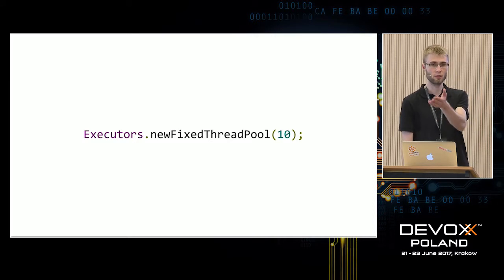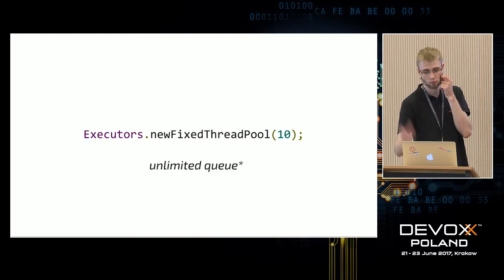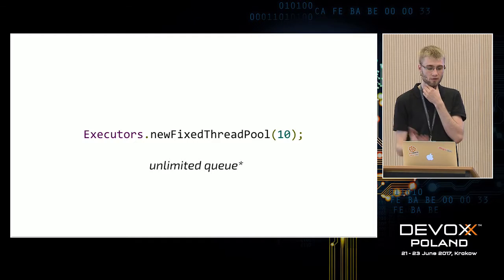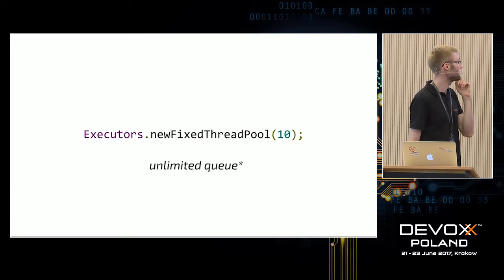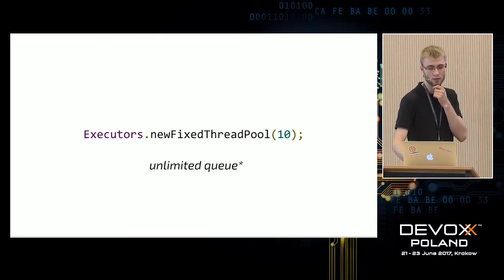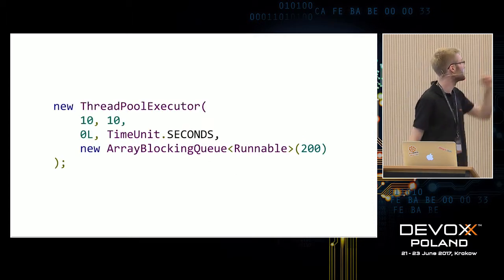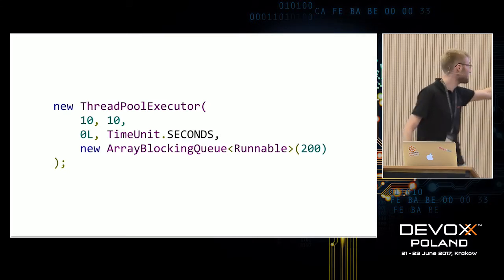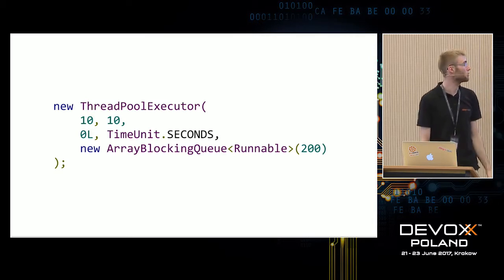For example, if we create a thread pool using Executors.newFixedThreadPool, then basically what we get under the hood is the same implementation, the same LinkedBlockingQueue, which is effectively unlimited. So using this is pretty dangerous. What you would like to do instead, if you want to make an executor from the JDK, is use the new ThreadPoolExecutor constructor that is used under the hood by this factory method, and then you can provide your implementation of the queue, like ArrayBlockingQueue with a given capacity.